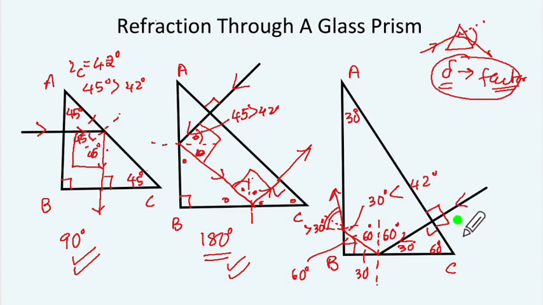Now they can ask you what is the angle of incidence at this surface. Angle of incidence here is 0 degrees. What is the angle of incidence at this surface? It is 60 degrees. What is the deviation in the path of ray at BC? Deviation in the path of ray is going to be 60 plus 60, that is 120 degrees. What is the measure of the angle of emergence? Equal to 30 degrees, less than 30 degrees, greater than 30 degrees, 90 degrees, whatever they will ask you. So here again, if you draw this diagram yourself on your paper, you will be able to answer it properly.